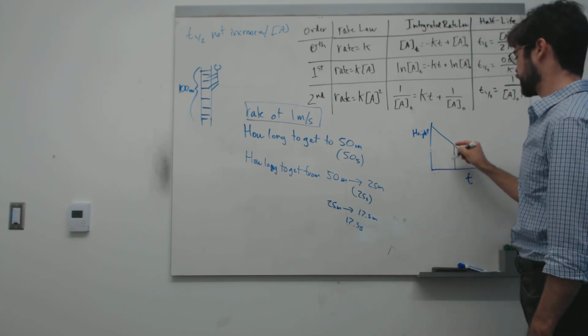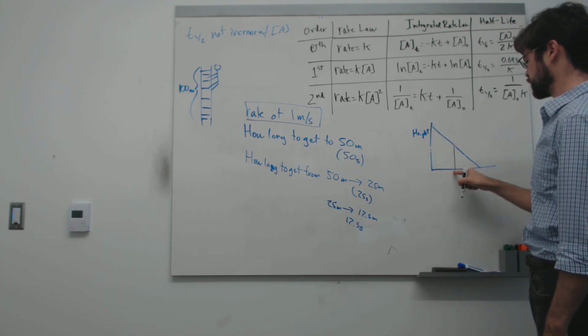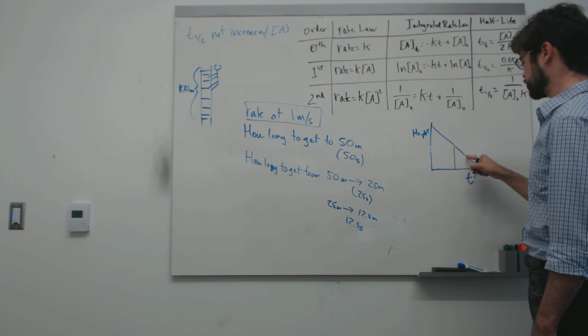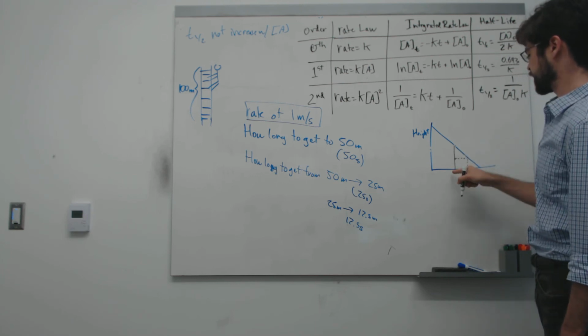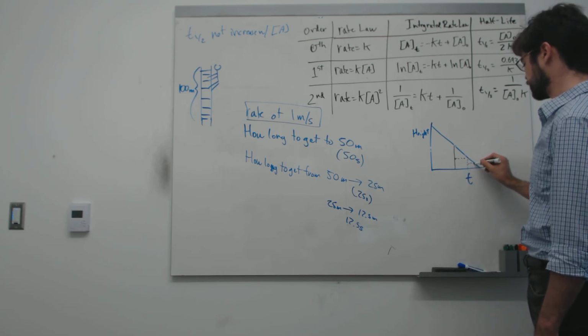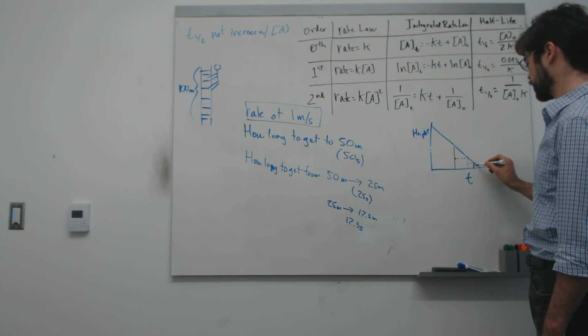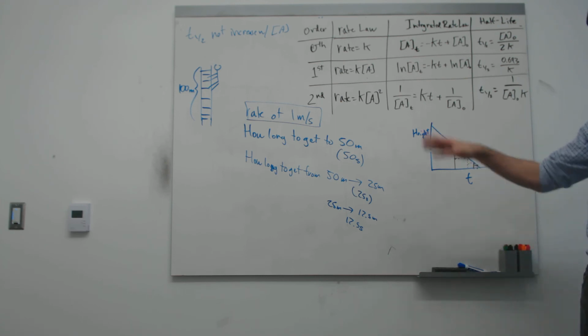To go from this height down to half of that, that'll take me this much time. To go from this height to half of that height, that'll take me slightly less time. To go from this height to half of that height, it will take me slightly less time, and so on and so forth. So it takes less and less time to get to half of where you started from. Again, that's consistent with a